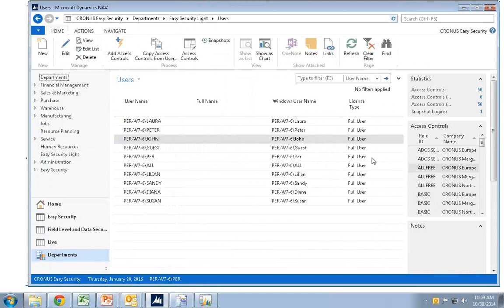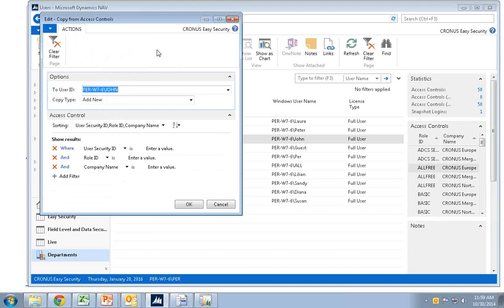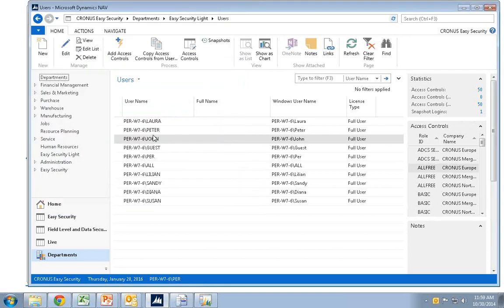It also has an ability to copy from one user to another, and you can either add new ones or you can completely replace the permission. But again, it just works on the data that is in here.